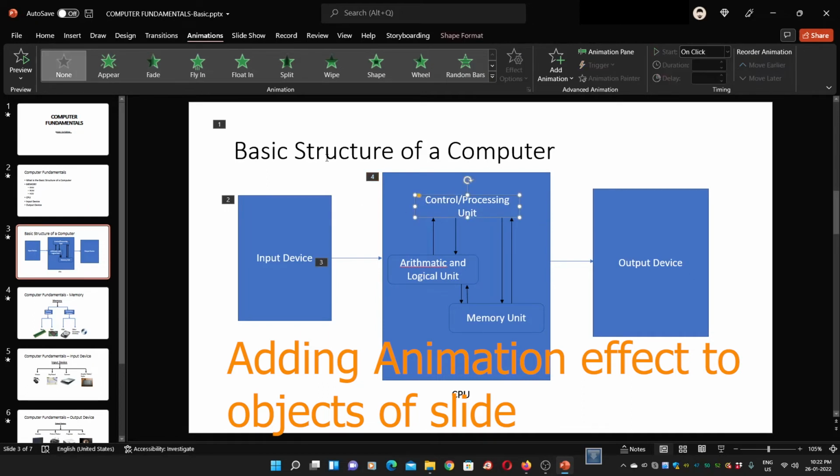For this, let's add appear, appear, appear. For this, let's add